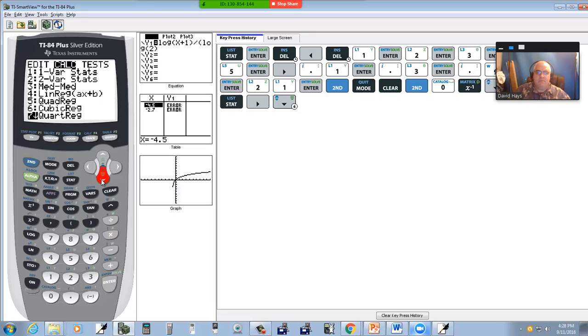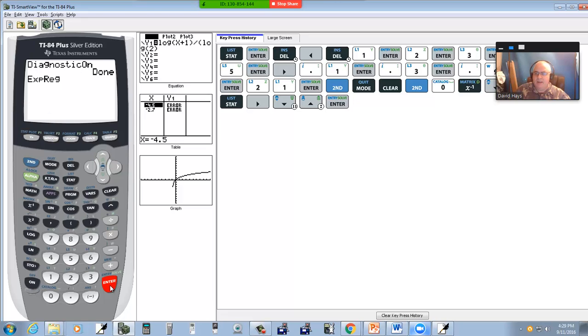Quartic is like a W or an M. I don't know what that one is. We get down to here, and you see there's logistic, natural log, EXP. Let's choose EXP. Of course, this is natural log, and that's just our log. So if I choose EXP and then press enter,